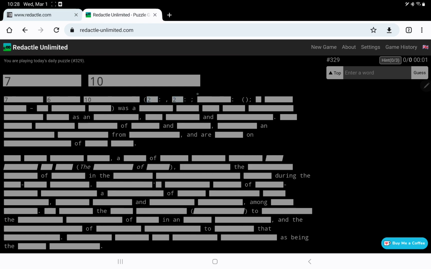So it looks like somebody's name, and then we have two, and then colon, comma, two. Not sure what that is. And then we have 6 and something in parentheses that is missing. But then it looks like we have the date of birth to the date of death. And from the 11th century onwards, was a 6. Presumably that's the nationality.